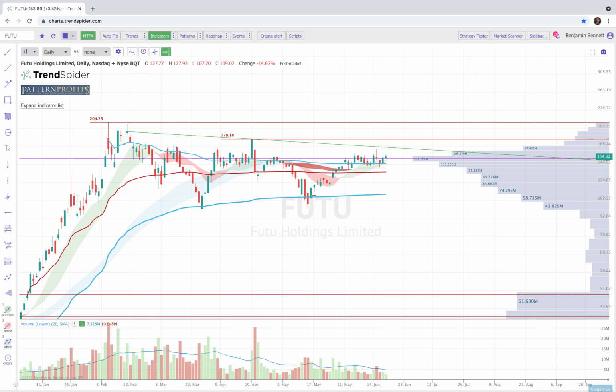Now, if you took it back here, you're really in great shape and in good position to take out this descending trend line and then eventually these pivots. So the safest place on this, if you're watching Futu, is usually through one of these pivots. This 204.25, as this makes its way up here, maybe pulls back and forms a handle, blue skies above, that's